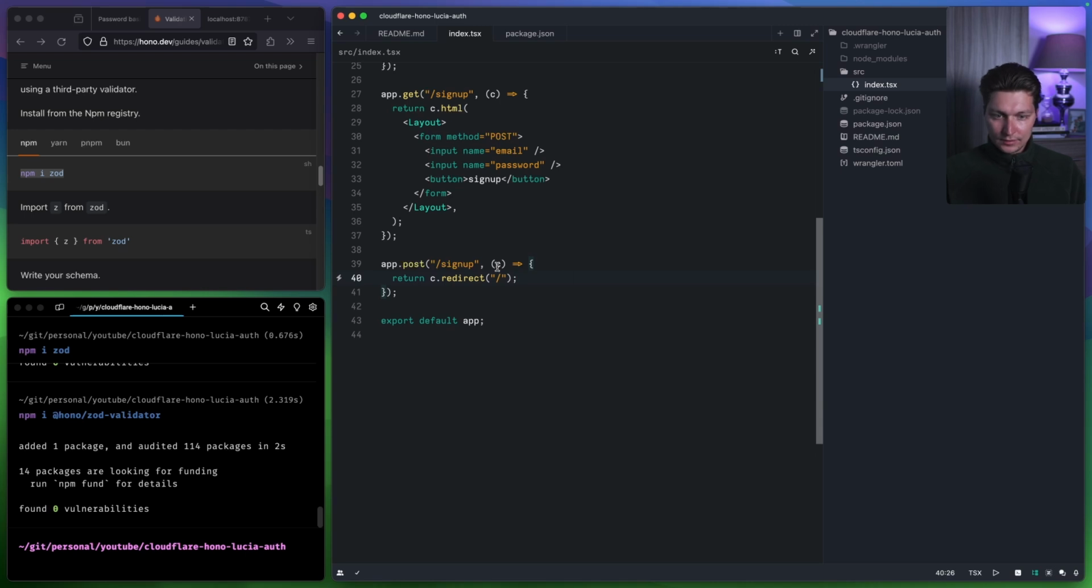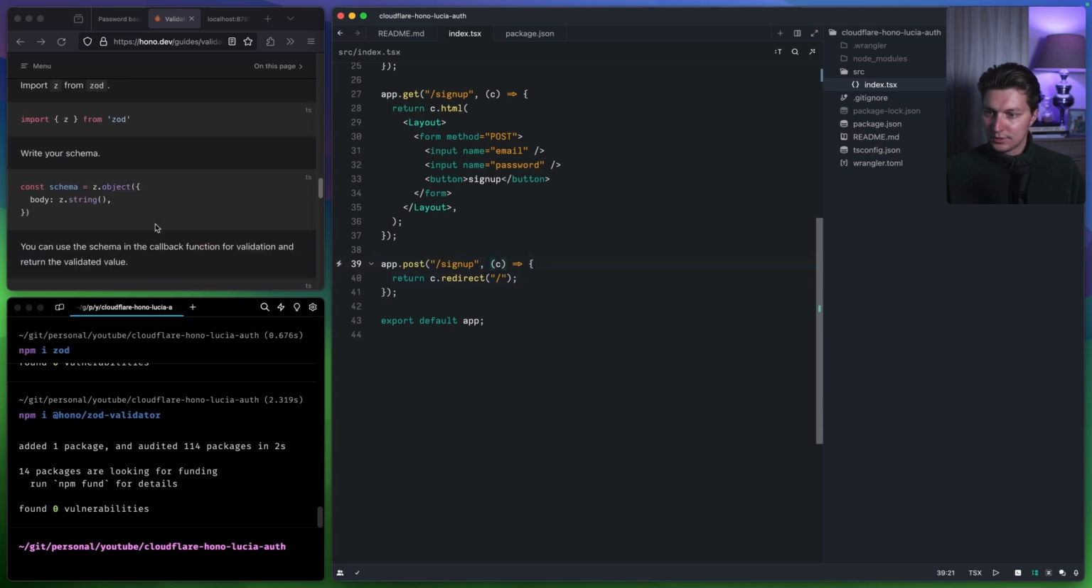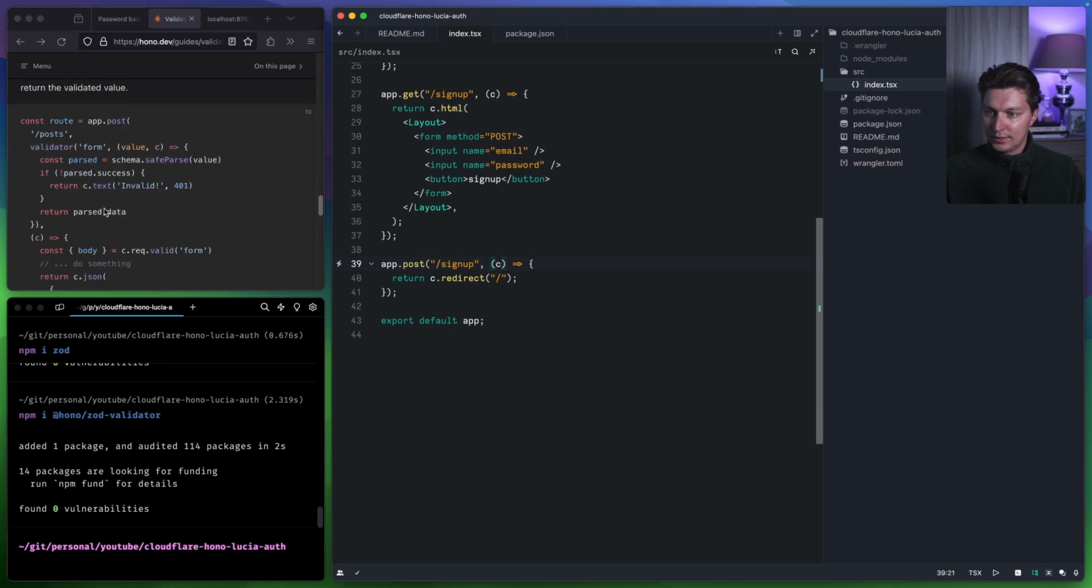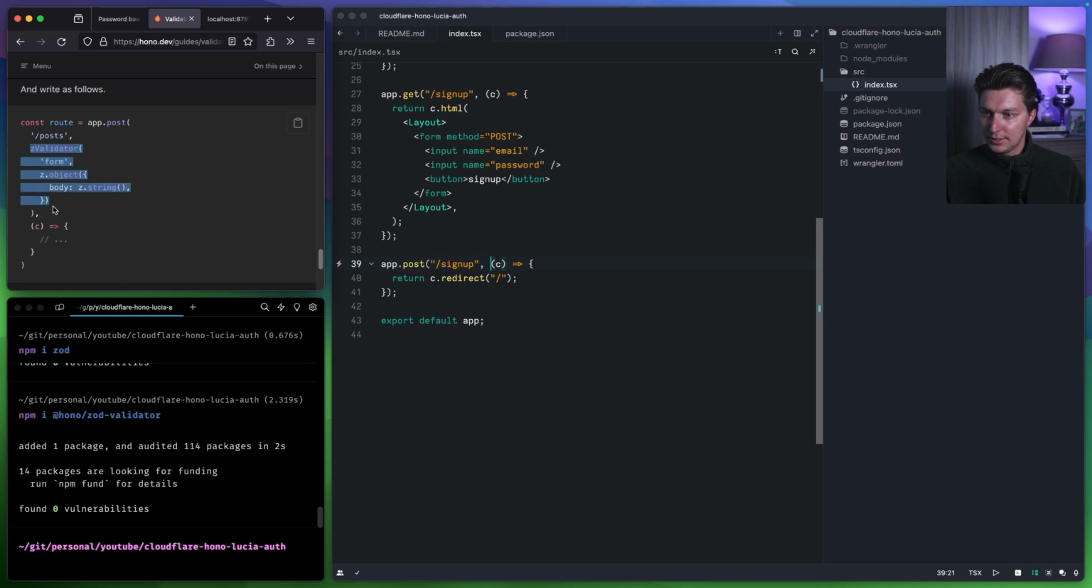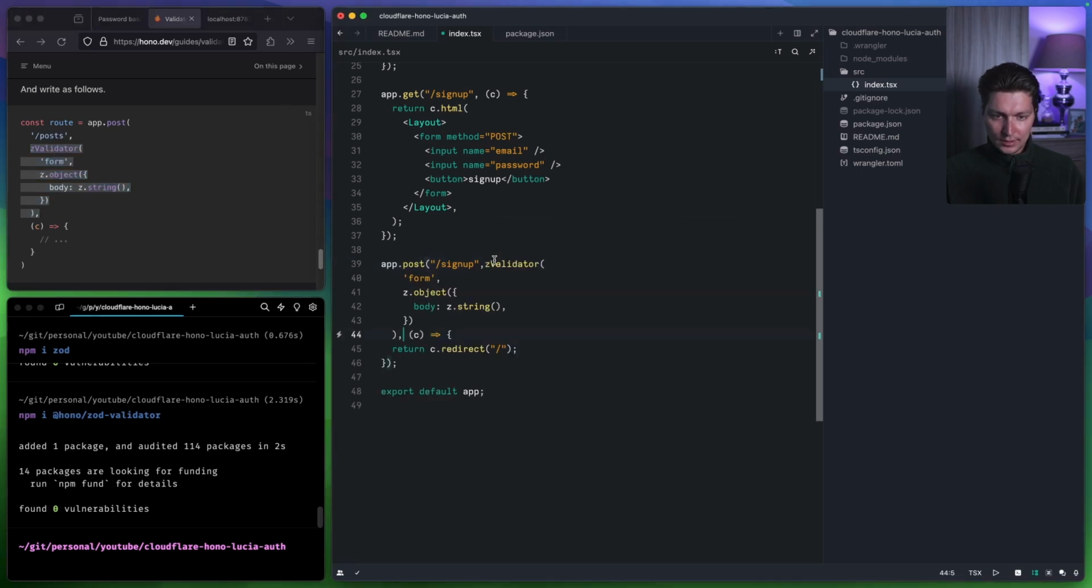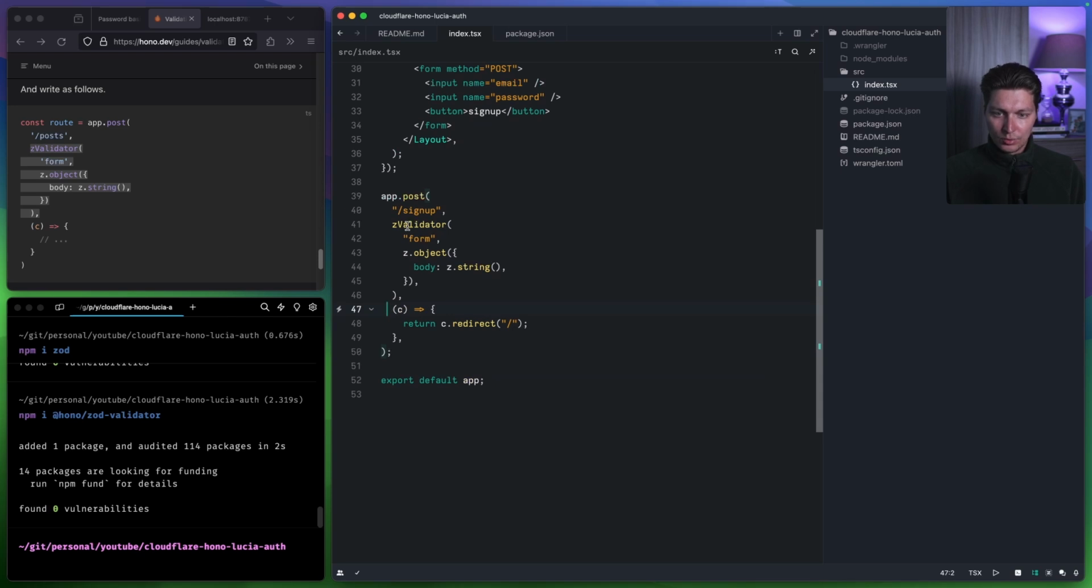But the thing is that you can put an extra argument on this slot, a second slot, and it will be our validator. And to do that, we can just grab this bit from here and put it right here. So we're saying that we create a validator for the form, and in the form we want body, not body, we want email